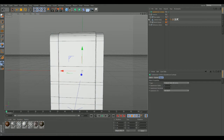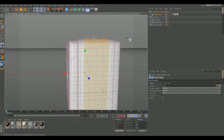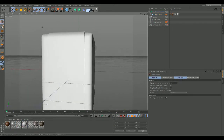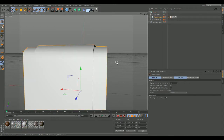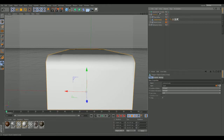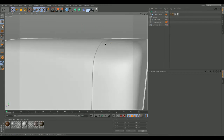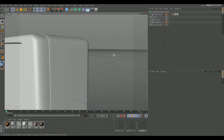Now, when I actually go ahead and throw this inside a camera, it's going to give me a little bit of a light. Let's check to see how this looks. Looks like it's a little bit too much. So we are going to undo that. Probably get away with that. Let's see where we're at with this. Oh, I like that. It's a lot more subtle. Yeah, so it looks like I just went up that really tiny extrude. That's really all I needed because it's not very thick. It's a very subtle